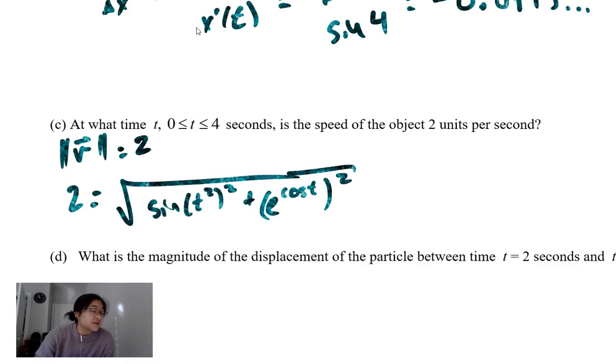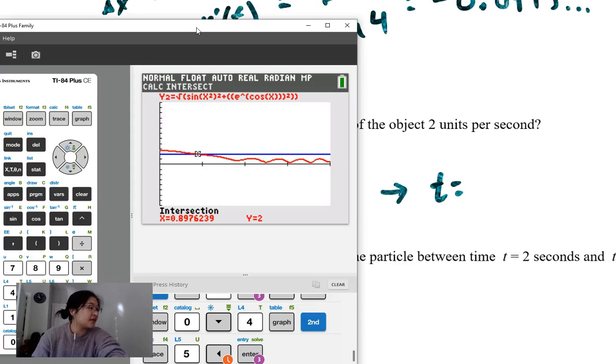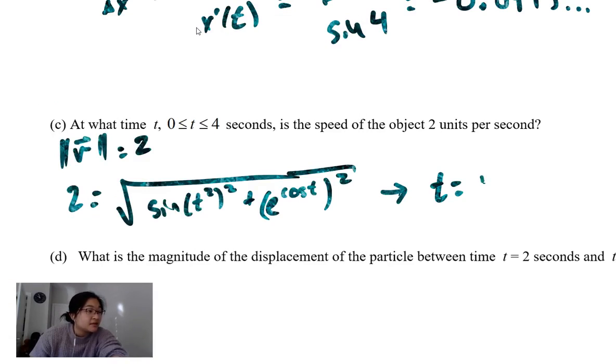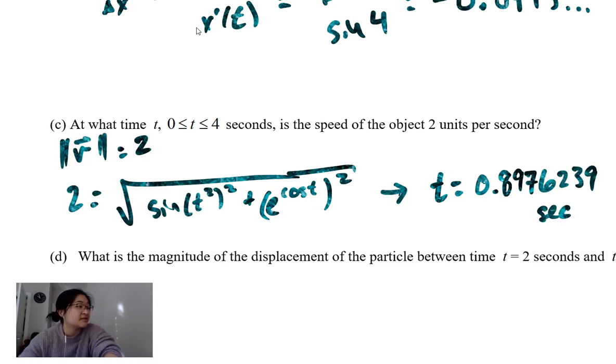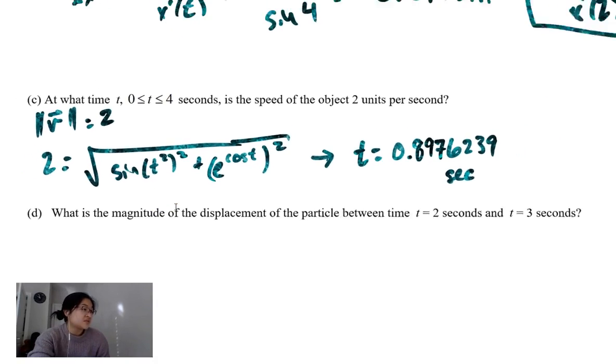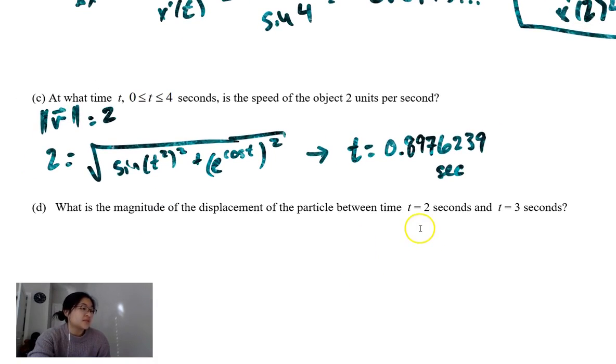where we have when t equals 0.89762239 seconds. And then what is the magnitude of the displacement of our particle between time t equals 2 and time